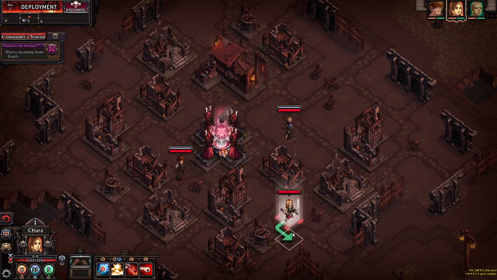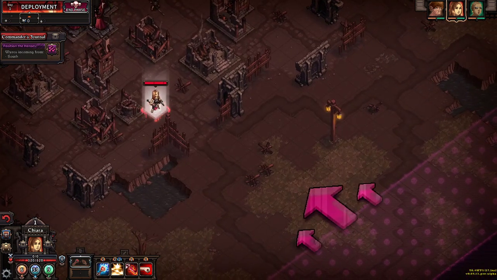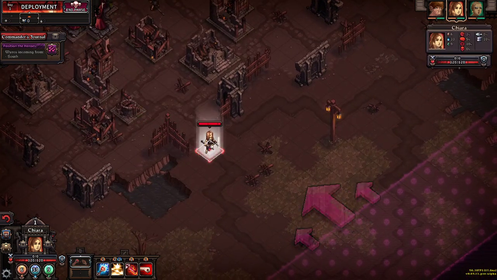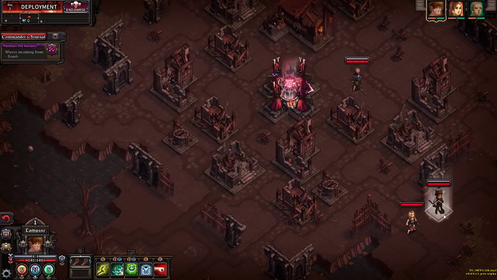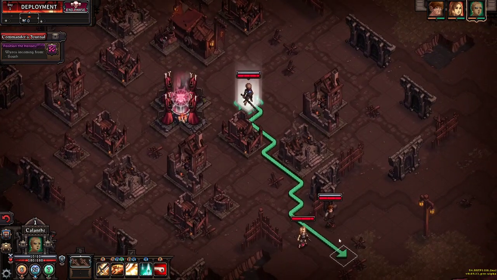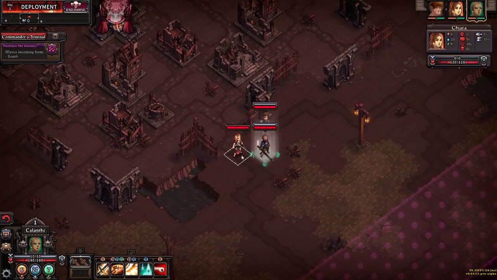If you get an S ranking for the night, then you'll get offered a choice between 3 uncommon or better weapons. So I'm not totally thrilled with what they gave me, but